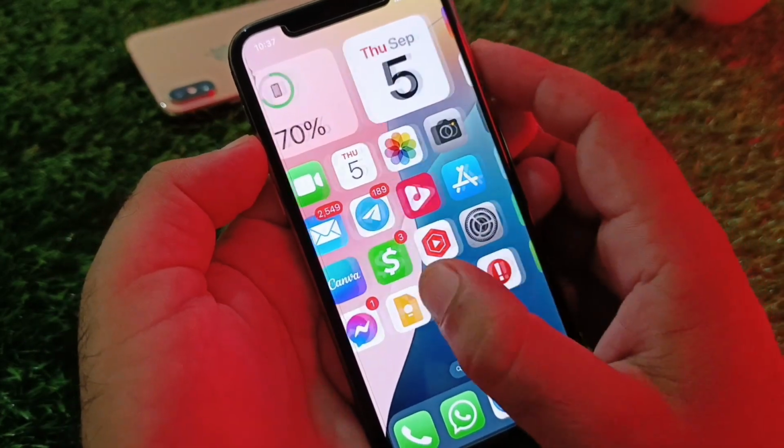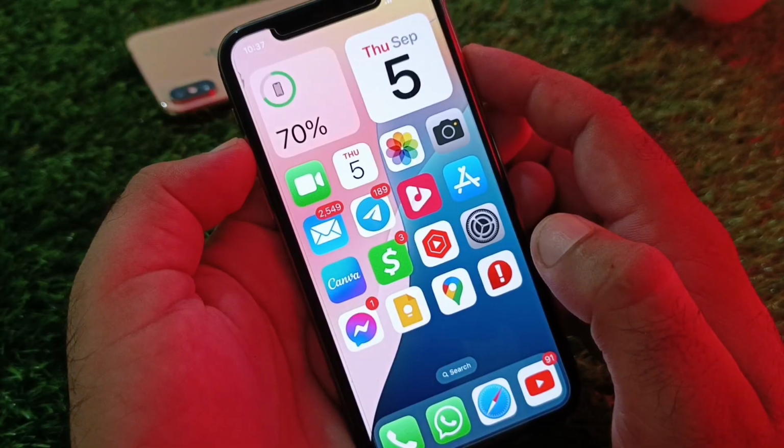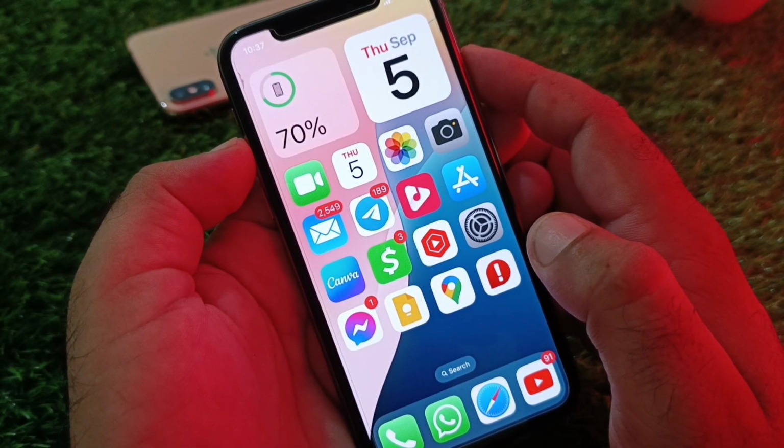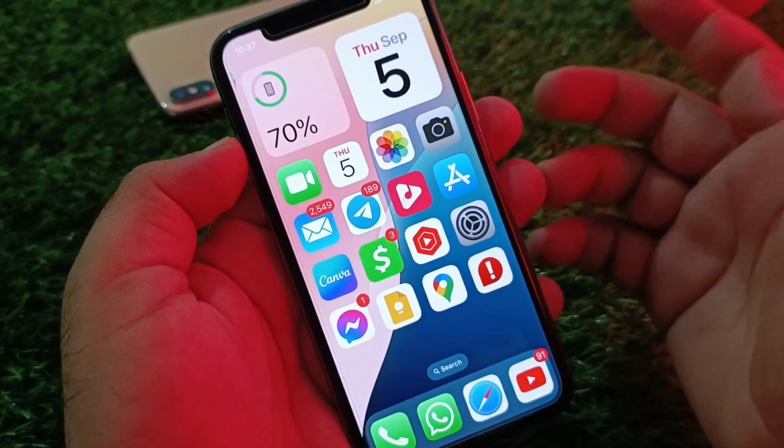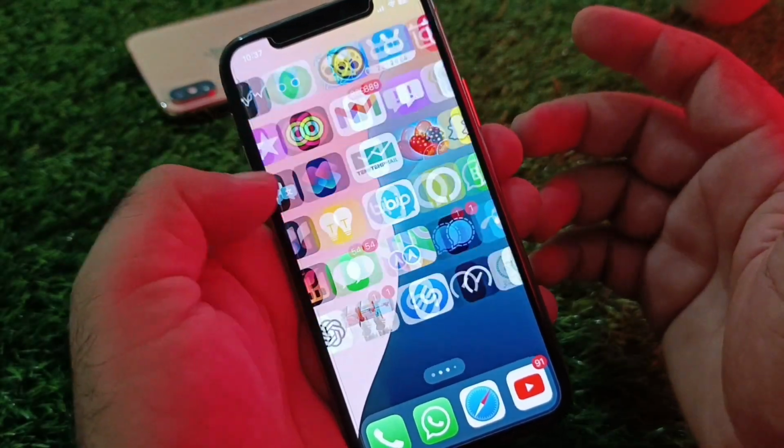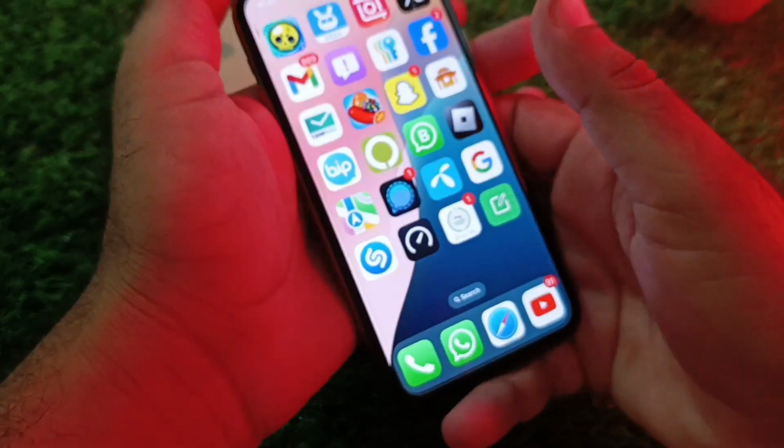Guys, in this video, we will discuss if you are unable to change your country region of your iPhone or iPad because of Apple Music subscription. So, how can you fix it? So, guys, if you want to change your country region but you are unable to do that, so simply, guys,